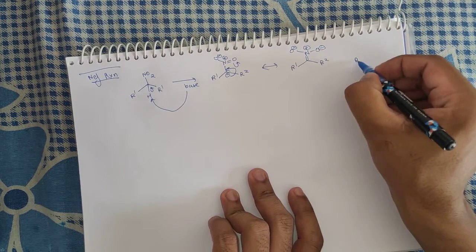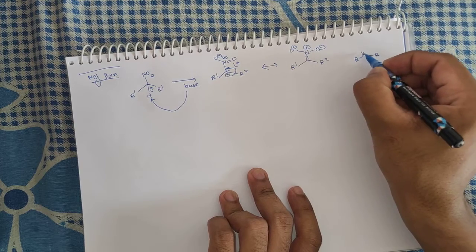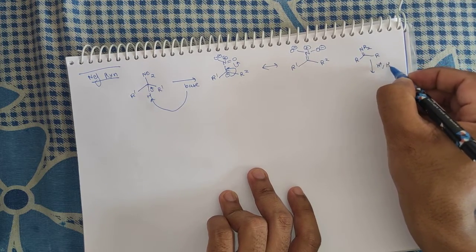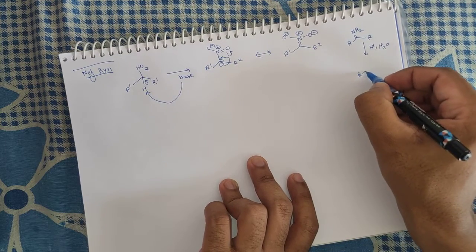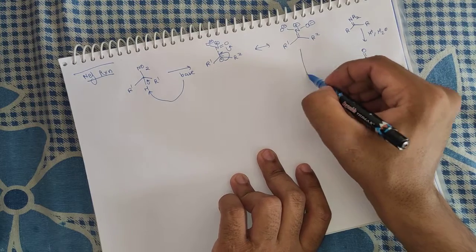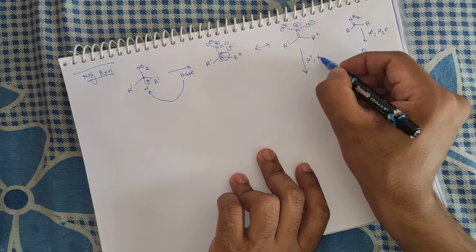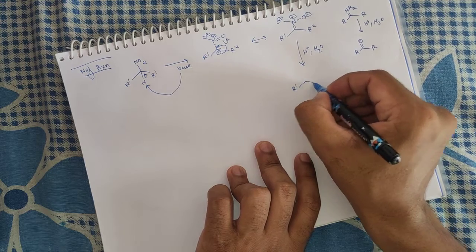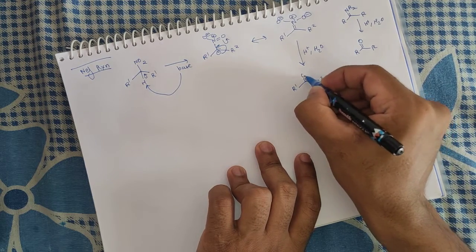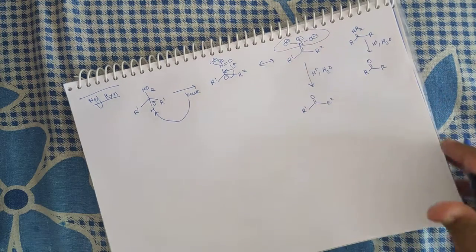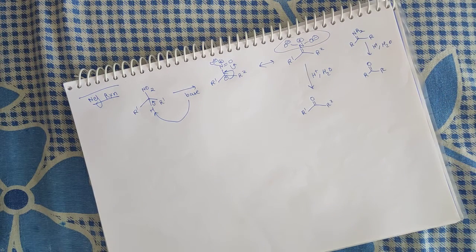If you remember, imine is nothing but carbon double bond nitrogen, and if you carry out the acidic hydrolysis of this imine, there will be formation of again the carbonyl group from which it was formed. In the same manner, if you carry out acidic hydrolysis here, it will be converted into a carbonyl group like this. Okay, this group will be removed and there will be formation of the carbonyl group. So it's a very important application of the Nef reaction.